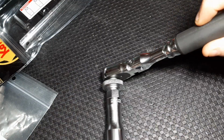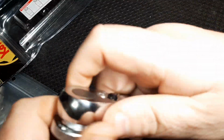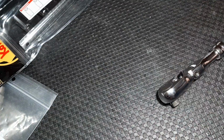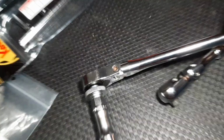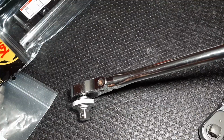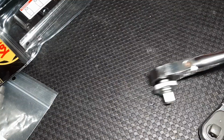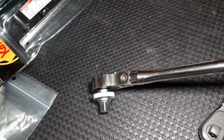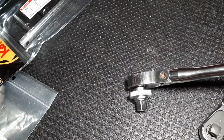I just want to show you a simple test that I can do. Now you might think, CP, that's no big deal, you're laying the ratchet on. But I'm going to show you my next best, lightest back drag ratchet, which is my Mac ratchet. I actually got to take the spark plug socket off this. And I'm just going to lay the ratchet down. I want to make sure it was in the right direction. It barely moves, and I'm just laying it in my hand and pushing along here. I can't show you it all on frame, but